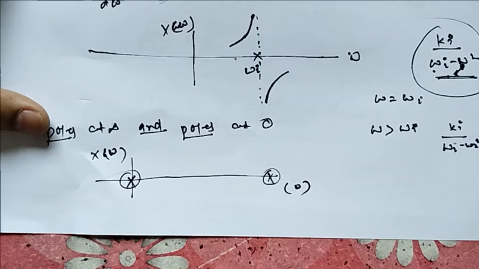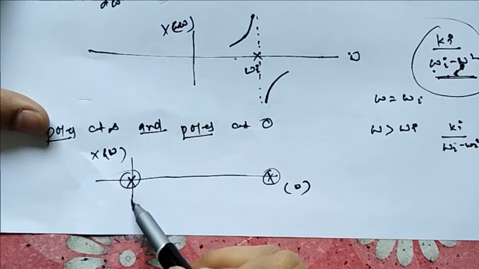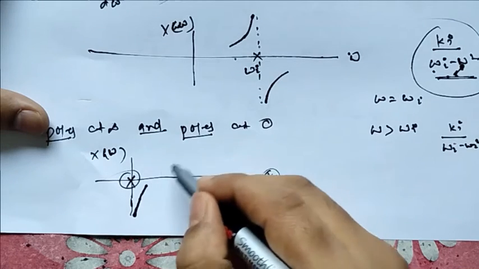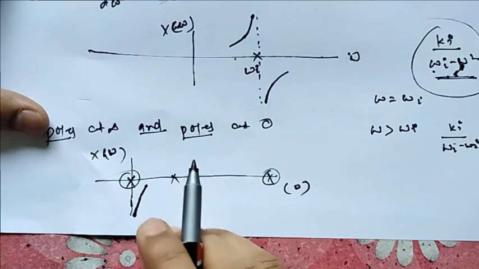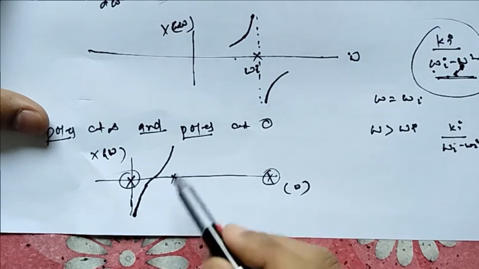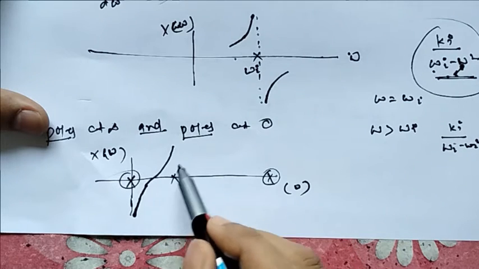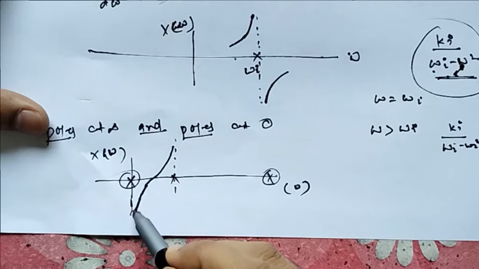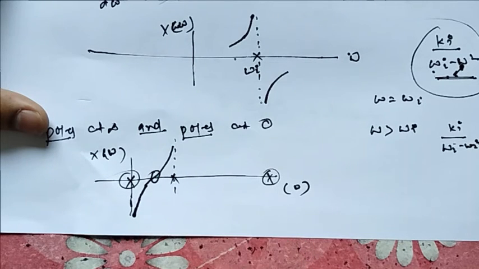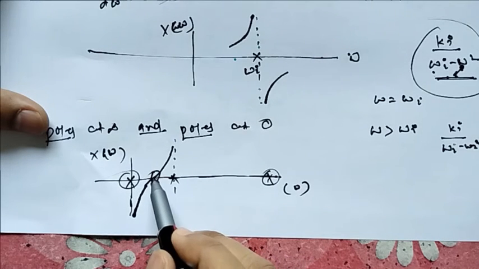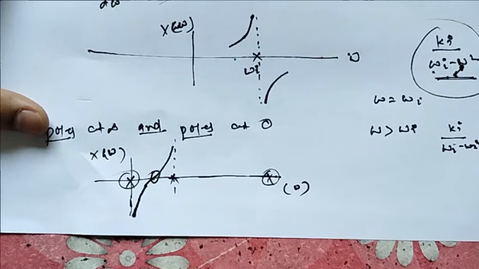Now we know how to plot the graph. We know that at a pole it will be infinity, so it will be coming from here, and if the second pole is here, it will go to the second pole. The function blows up at a pole, so at the pole it is infinity. Now in going from minus infinity to infinity there must be a 0, and here the function is 0, this will be your 0.